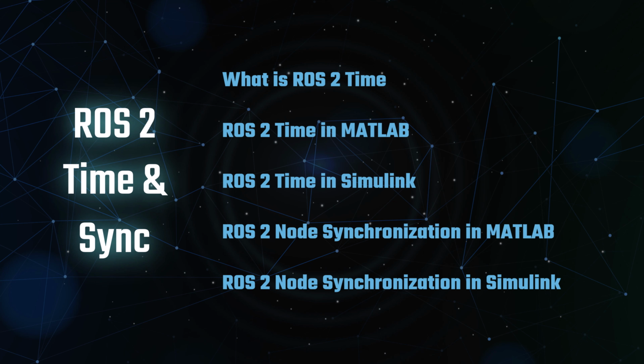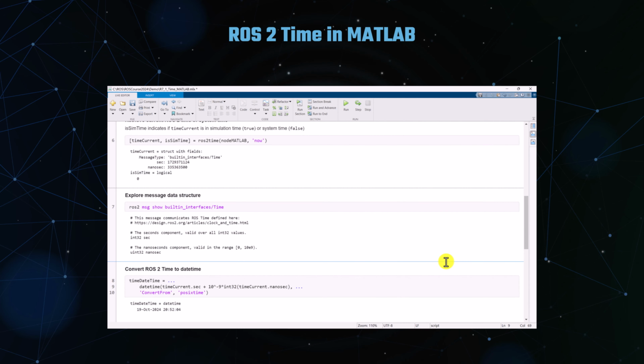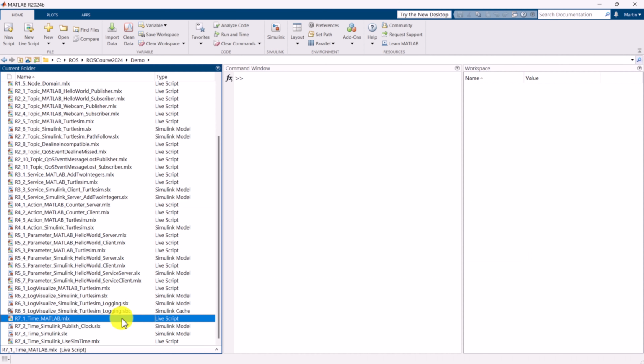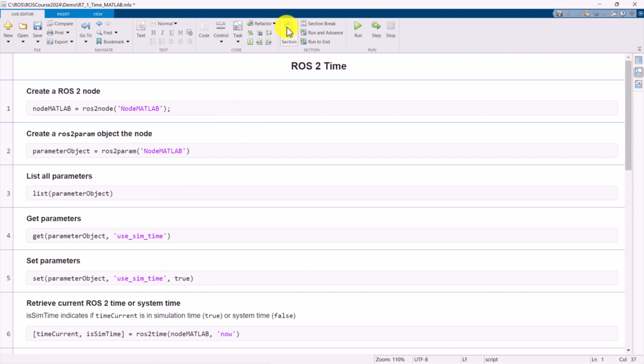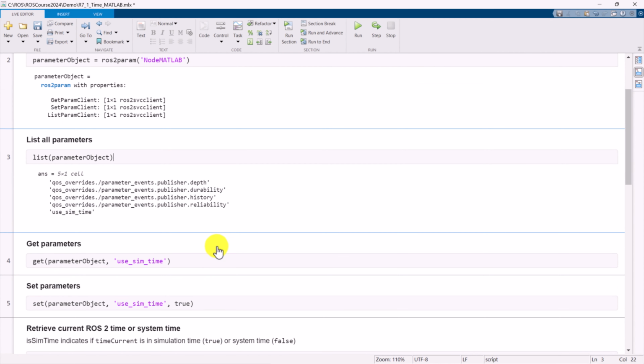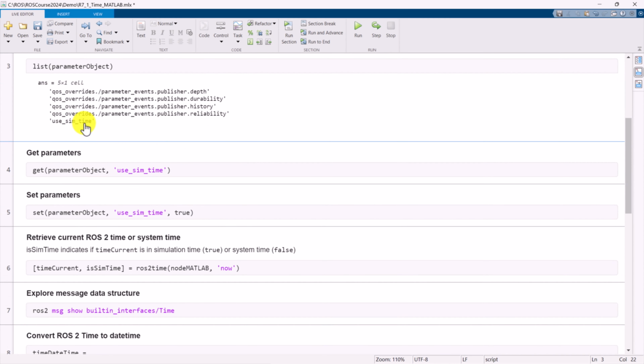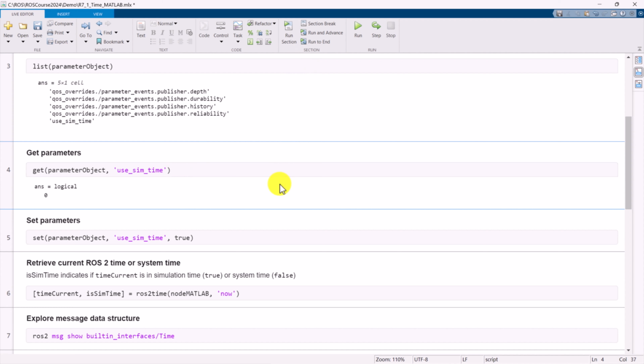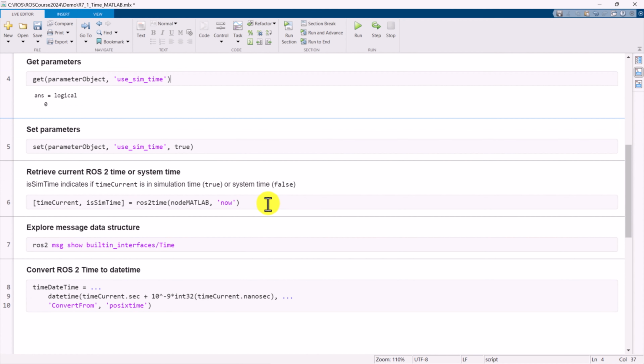Next, we will demonstrate ROS2 time in MATLAB. In this example, we will demonstrate how to access ROS2 time using MATLAB. First, start by creating a ROS2 node. Create a ROS2 parameter object associated with the ROS2 node. Listing all available parameters, we will find the useSimTime parameter. Retrieve the useSimTime parameter. By default, its value is 0, false, meaning that the ROS2 time refers to the system